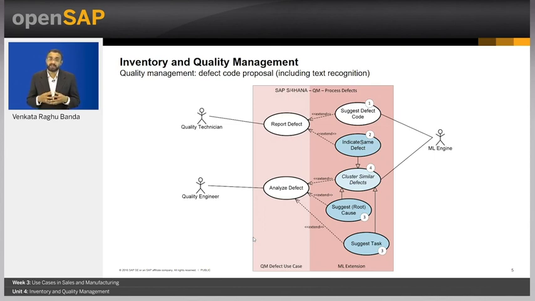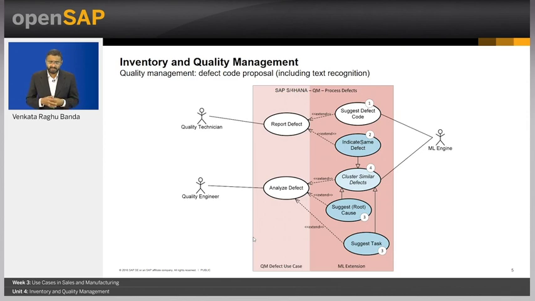As a quality technician, my main duty should be that I identify a defect and then I report a defect, and then I can focus more on reporting these defects rather than identifying if I have a similar defect which is already available, or suggesting a particular defect code. It might be better if machine learning can provide that. Each defect that I identify, I have to categorize based on a defect code. So, if the machine learning or predictive analytics algorithm can suggest a particular defect code depending on the defects that I have identified, whether text based or image based, it will be much more useful for me. I can focus more on my other tasks of testing the whole system.